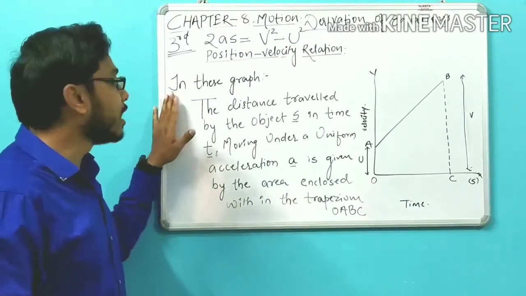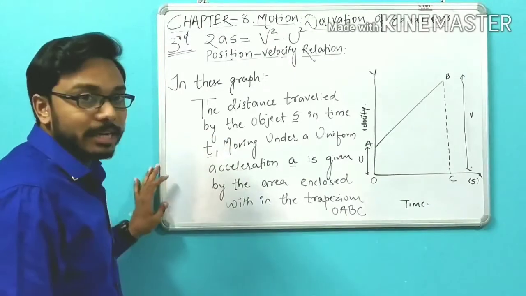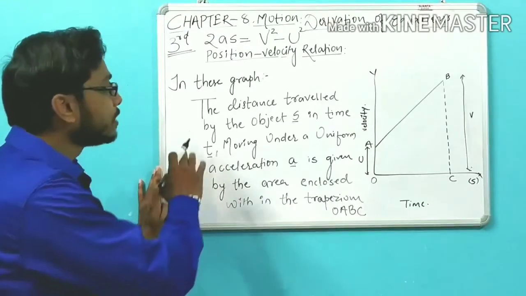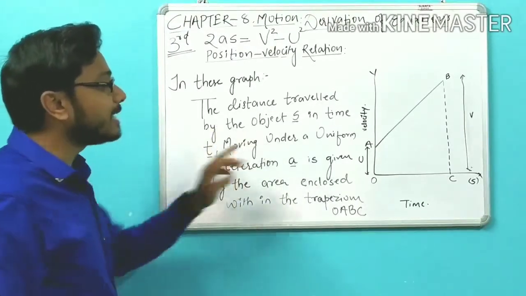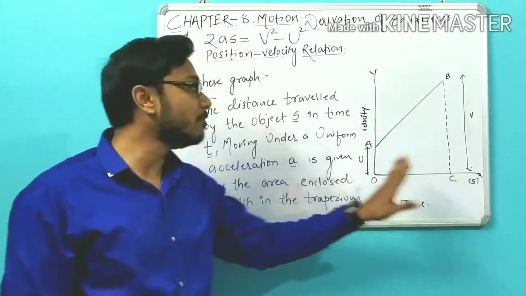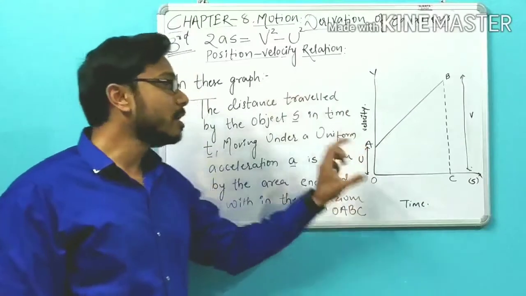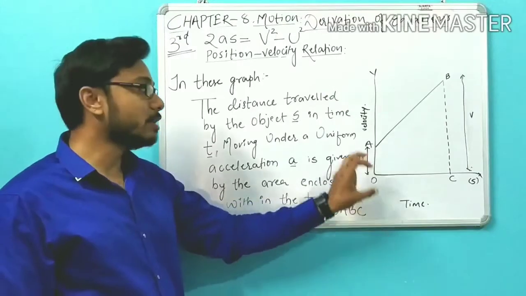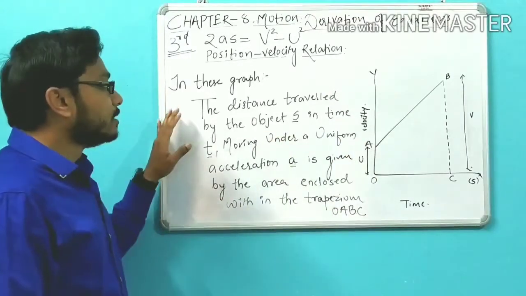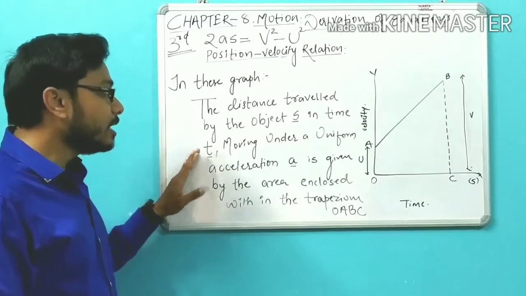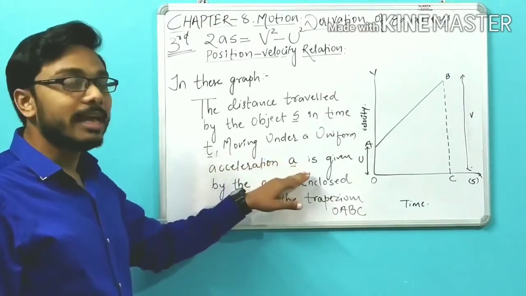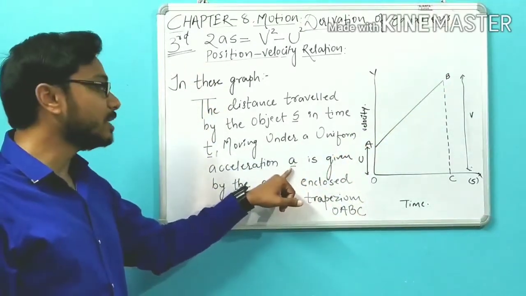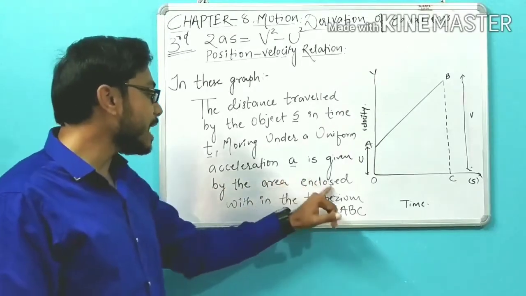Here you can see in this graph the distance traveled by the object. Here we are going to find the displacement of the object, how much it is traveling. In this graph, the object S is traveling from point A to point B and already has an initial velocity. Okay, now it is not starting from zero, it already has some initial velocity. The distance traveled by the object S in time t, moving under a uniform acceleration a. What is the uniform acceleration a? This slope is showing the uniform acceleration a,